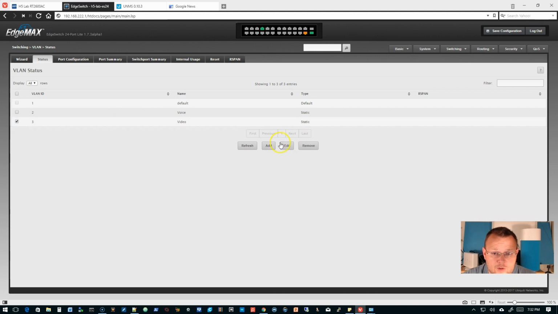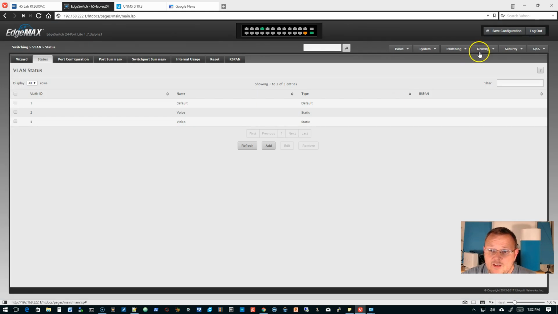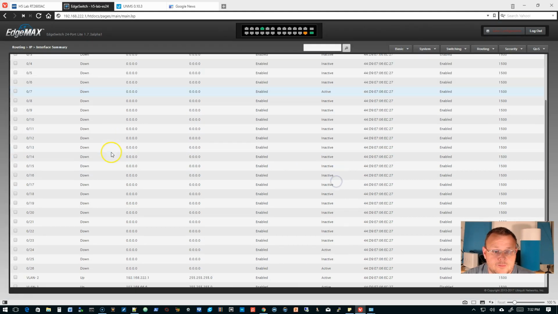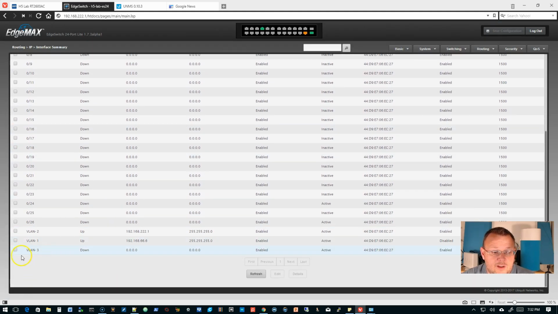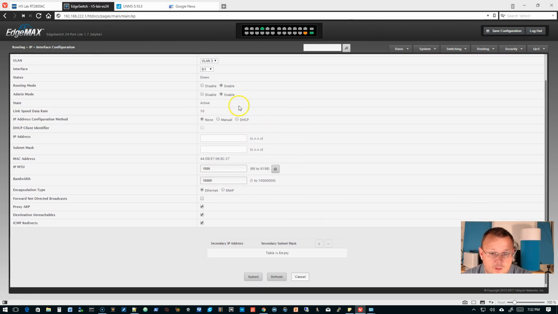And we could go to our video VLAN, and we can enable routing on that video VLAN, and then come back over here. Save that real quick. And we can come down here and edit this. And enable, it's enabled, so we can do manual IP address